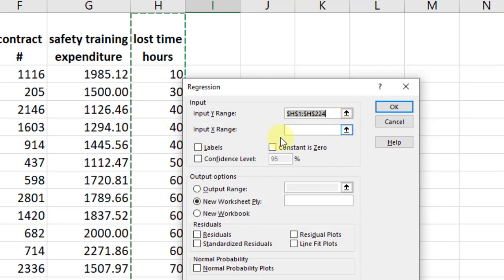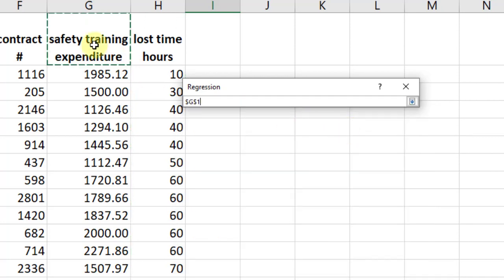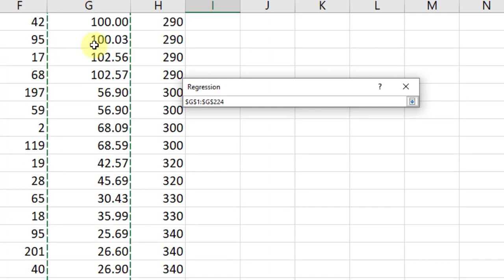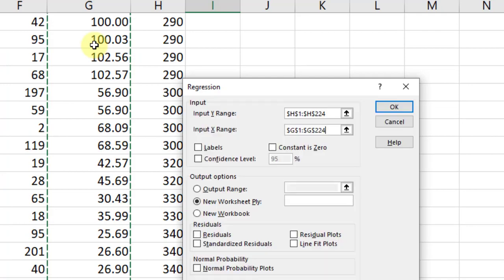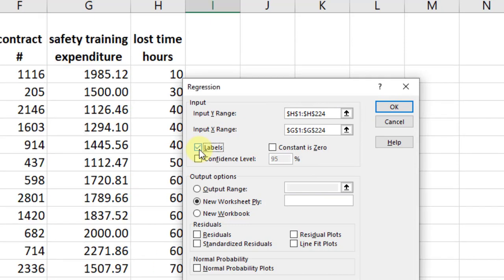click on the Input X string. This is my independent variable. Click on the arrow and then click on the first cell of safety training expenditure. Again press Shift, Control, Down Arrow. The whole data will be selected. Again click enter. We will always tick Labels, because in the first cell of the data